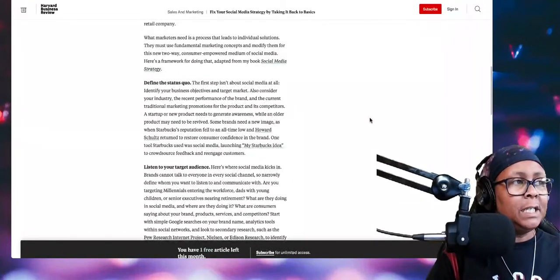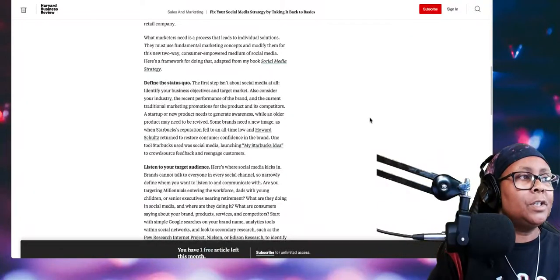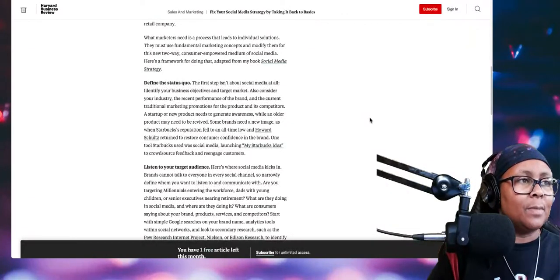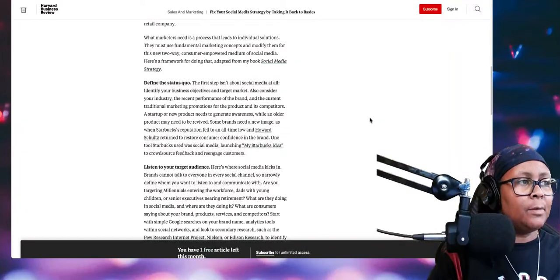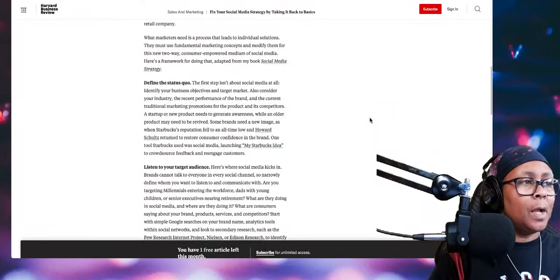What marketers need is a process that leads to individual solutions. They must use fundamental marketing concepts and modify them for this new two-way, consumer-empowered medium of social media. Here's a framework for doing that adapted from my book, Social Media Strategy.